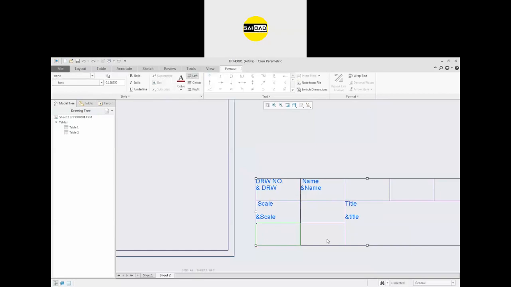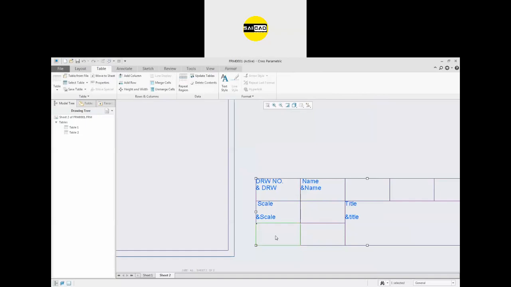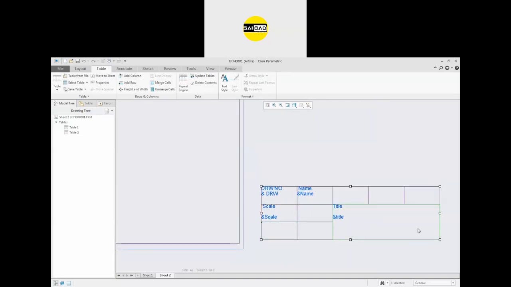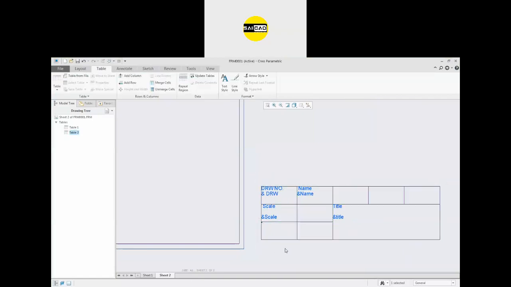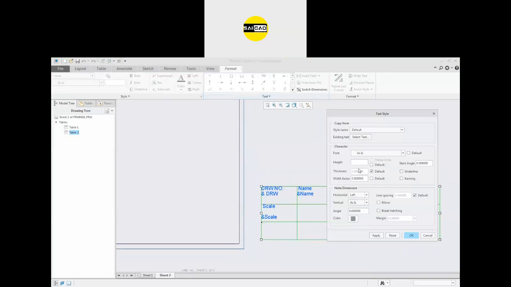Okay, so you are not able to see here because the scale is very low. So select the complete table, go to the text type and select that font.